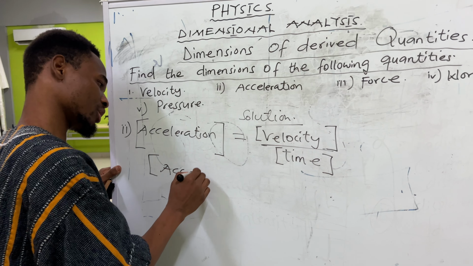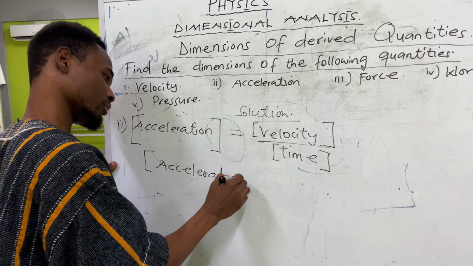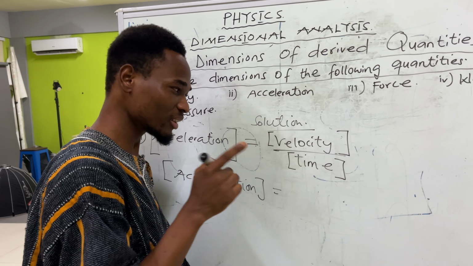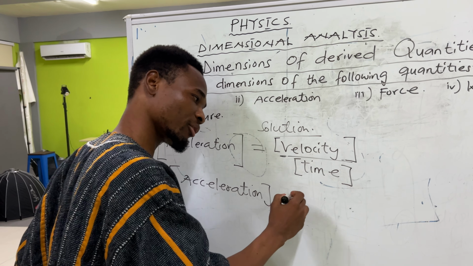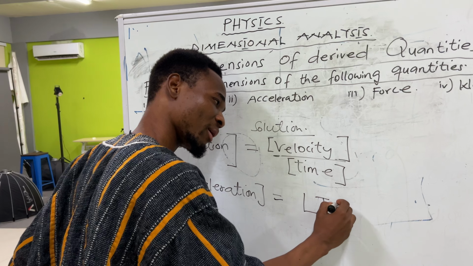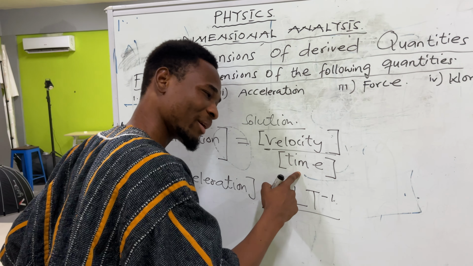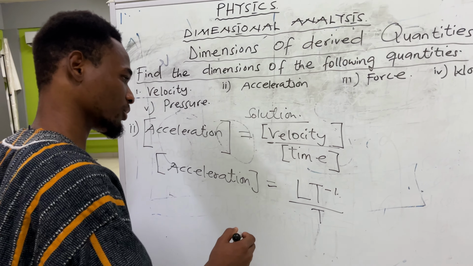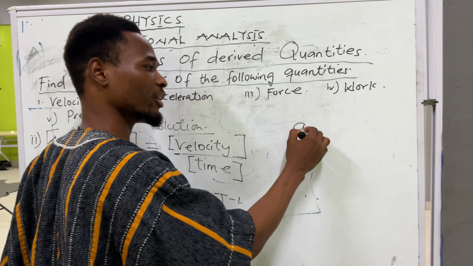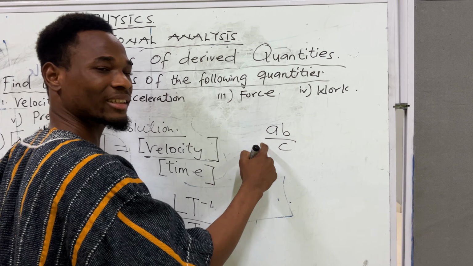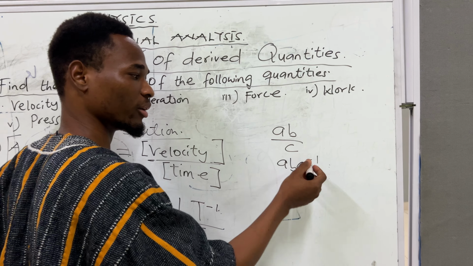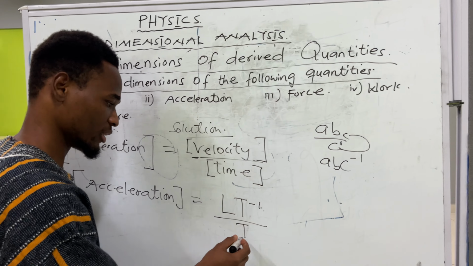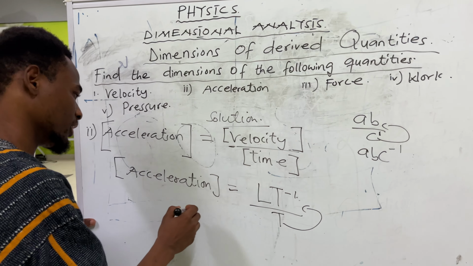Then [acceleration] equals [velocity] over [time]. Do you remember the dimension for velocity? You said the dimension for velocity is L T to the power -1, all over the dimension for time, which is capital T. Now, according to the law of indices, when I have A B over C, this is the same as A B C to the power -1. So when I transpose this, the exponent is negated. Are you okay? So when this T also comes here,